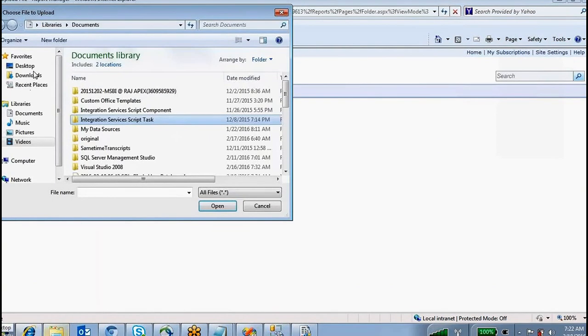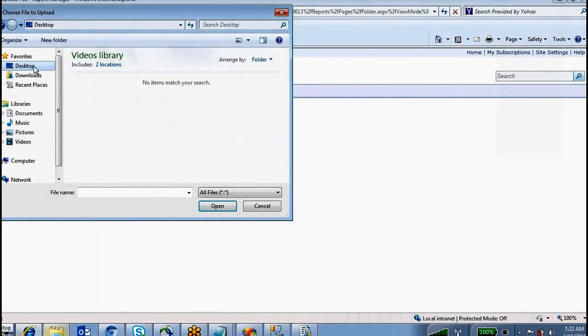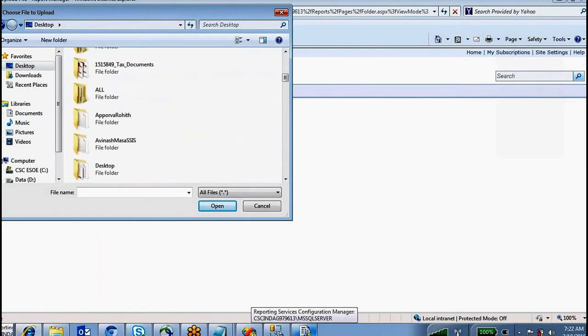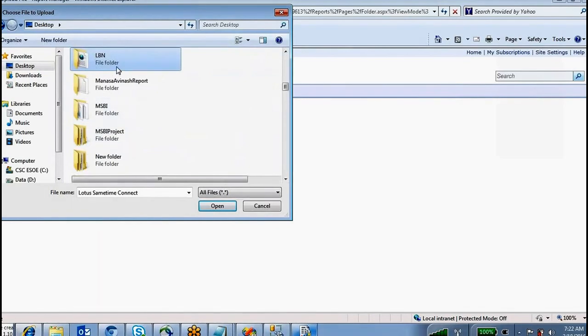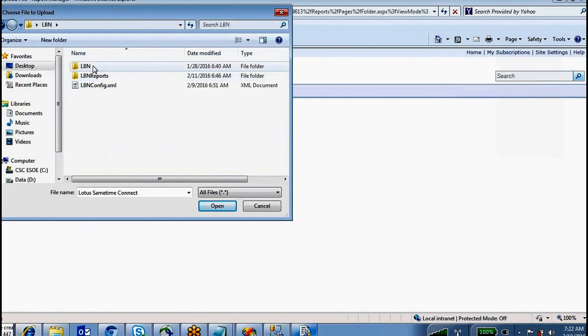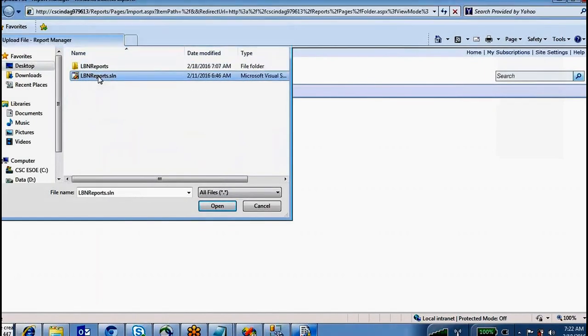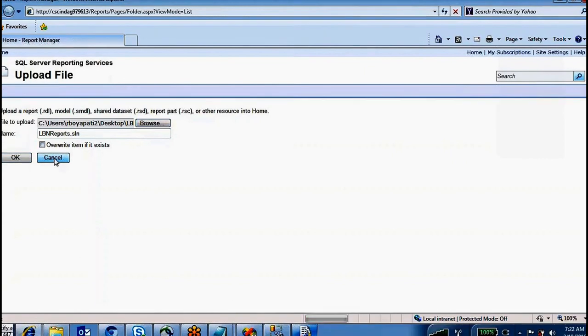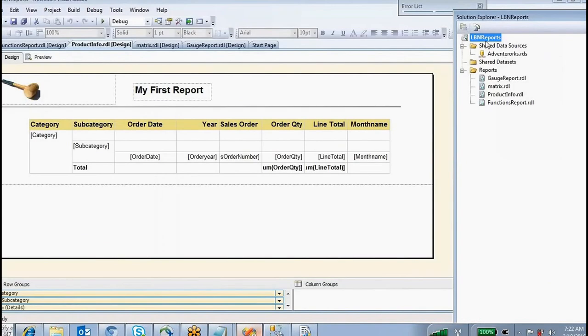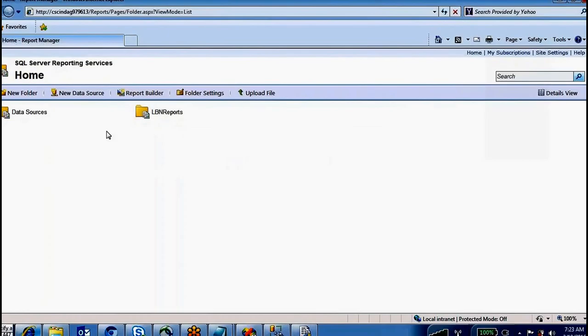So where are the .rdl files that you have saved? In this way you can do only one report at a time, right? But with deploy, all the reports get deployed in one shot. These are the two possible ways you can deploy reports into the report server or report manager.